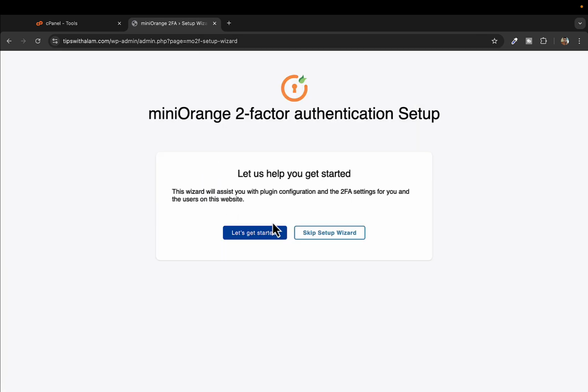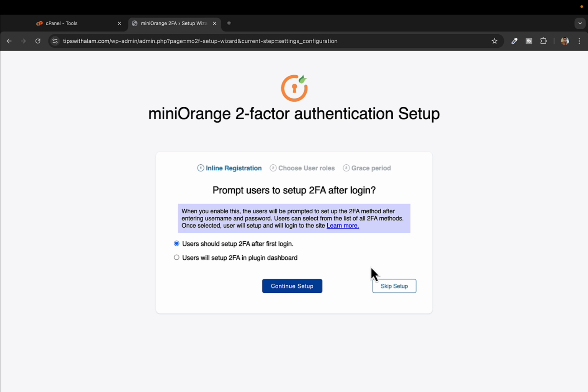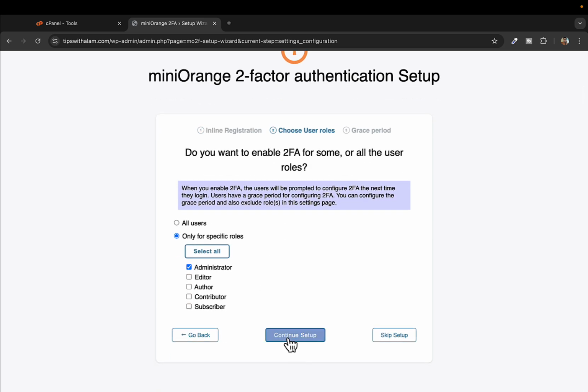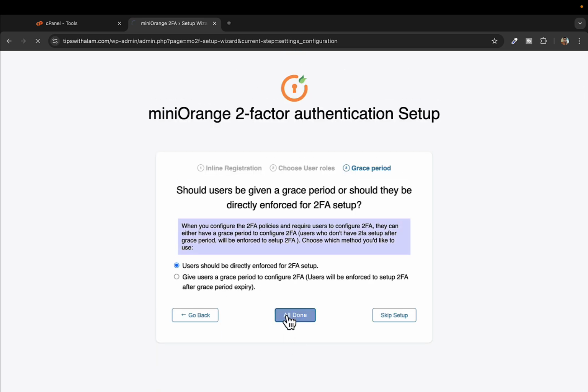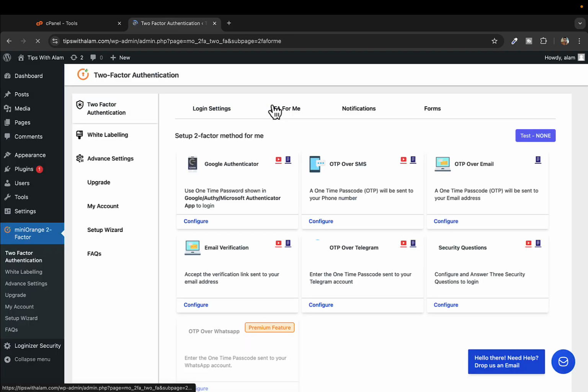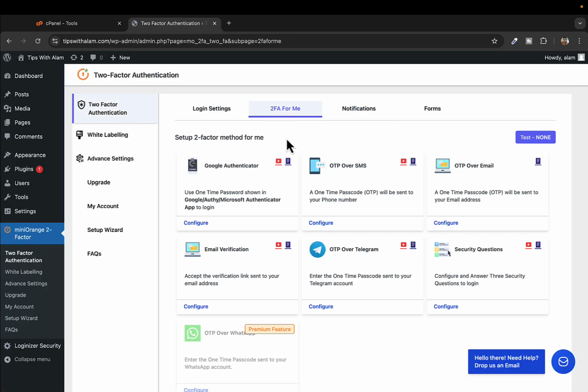Now in the setup wizard, if you go to setup, you'll continue this. User should set up after first login. User will set up in plugin dashboard. Okay, I'll continue this. Continue. Congratulations. Go to advanced settings, and here you have an option to set this up over an SMS or a